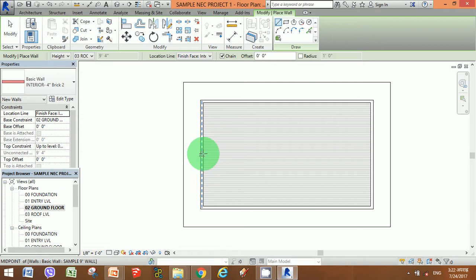Now adding a wall, you could just simply add a wall in the center and divide this room in half, or as per your requirement you could plan this building accordingly. So I think let's go with the center point of this wall.